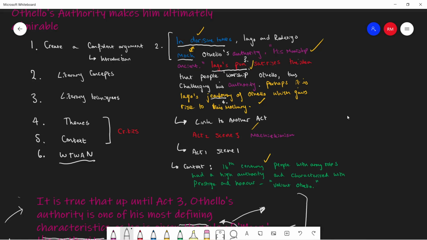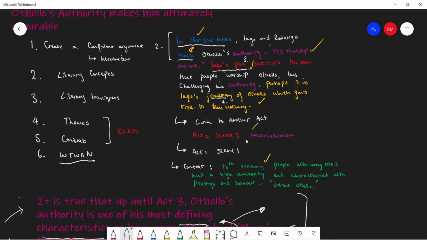So you say, for example, up here I've used his worship, and then I'm linking this maybe to Iago's character and how he controls the play in Act 2, Scene 3. Well, this would probably parallel, right? Because Iago's controlling the scene in Act 1, Scene 1, and he's also controlling the scene here. So we can see how it's paralleled, and then we back this up with some context that we've maybe got,